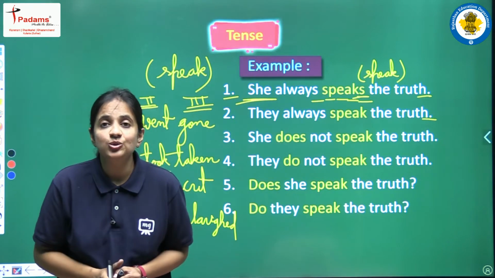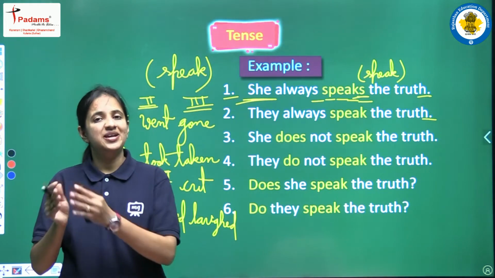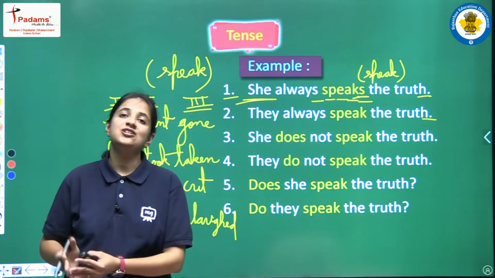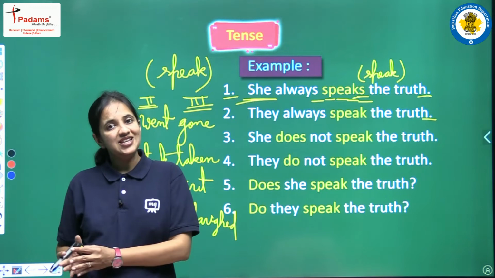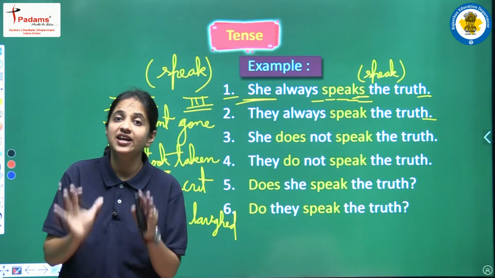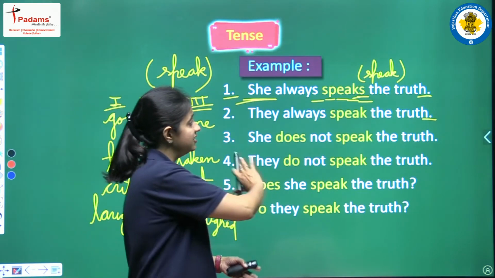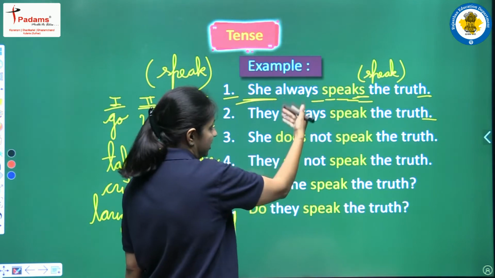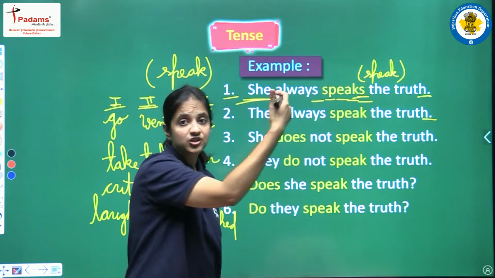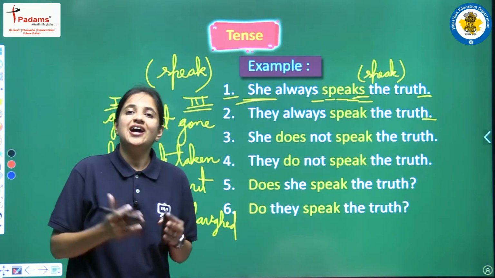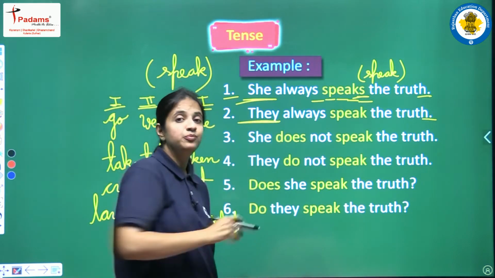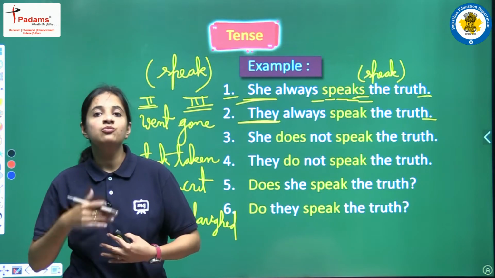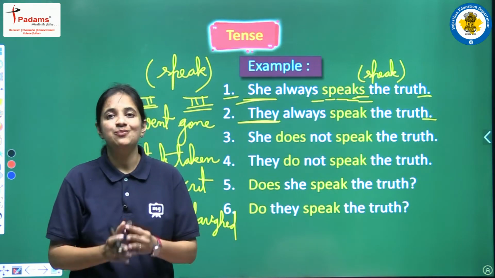This is the first thing and now we are aware with this thing that we are having a positive sentence. So हमें ये चीज़ तुरंत click करनी है mind में कि if we are having a positive sentence of the present simple tense, then we won't use do or does, we won't use helping verb, it would be hidden. Clear? Again in this sentence we cannot see do or does, they always speak the truth, we won't use do or does. Now let's talk about the subject. So they is a plural subject, they means more than one. So yes, it is a plural subject.